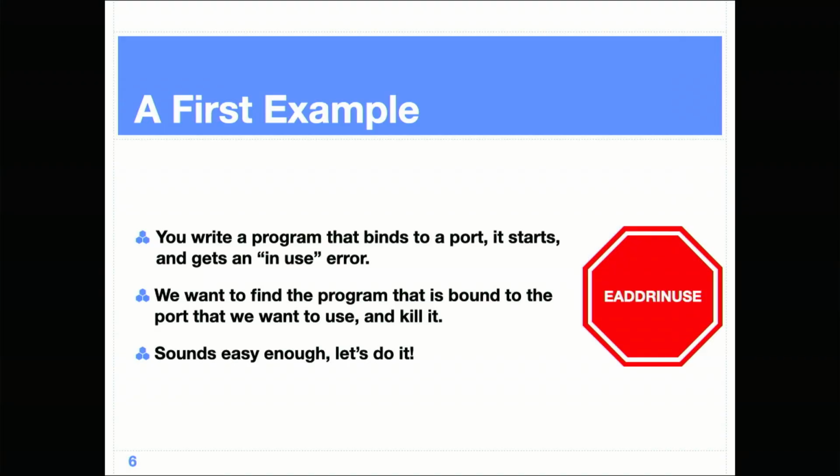So let's think about something really simple. Now, this is a systems track, so I suspect everyone knows the answer to how you would actually do this. Please don't call it out. But the classic thing that a student will do when they write their first networking program is they run it twice. The second time they run it, they're like, oh, why won't it run? I get this thing called EADDRINUSE. And then they run around going, well, where's the other program? They want to find the program that's bound to the port and they want to kill it. So that sounds easy enough.